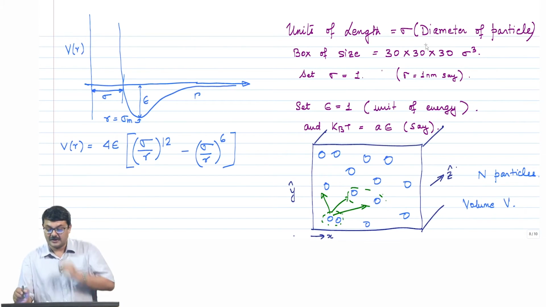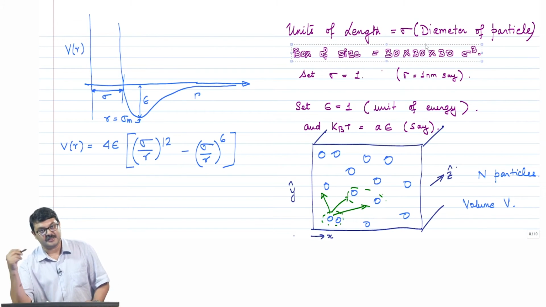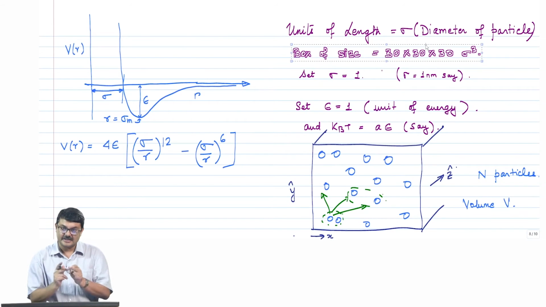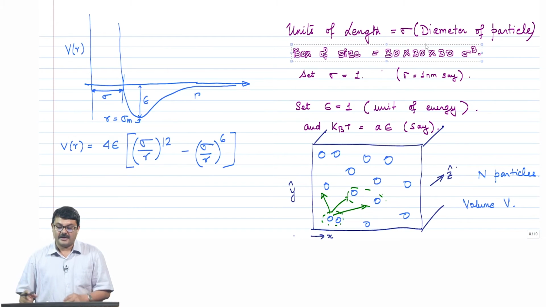Suppose you have a box size which you can choose to be 30 sigma, 30 cross 30 cross 30 sigma, which means that the length of the box is 30 times the diameter of the particles, right. And then of course, you have x, y and z, the 3 directions, that is 30 cross 30 cross 30